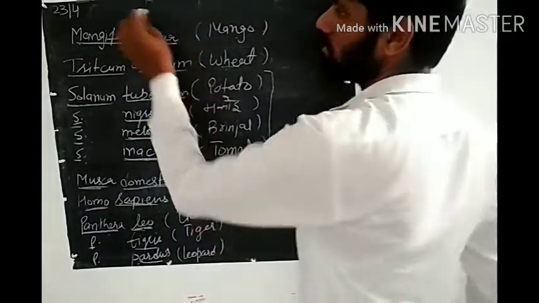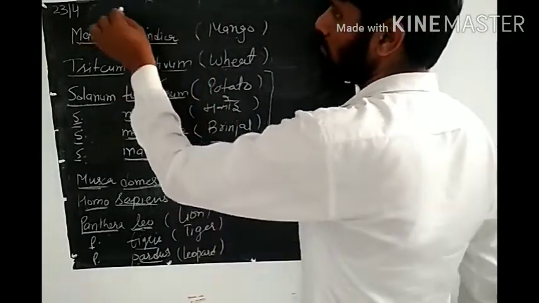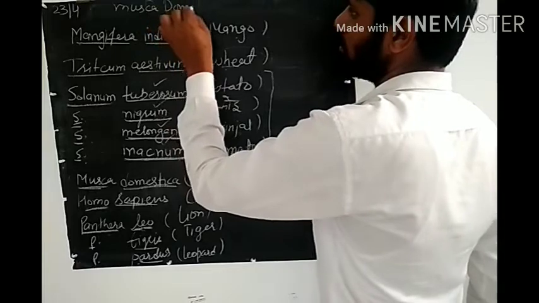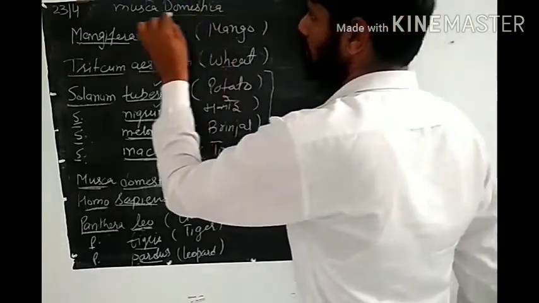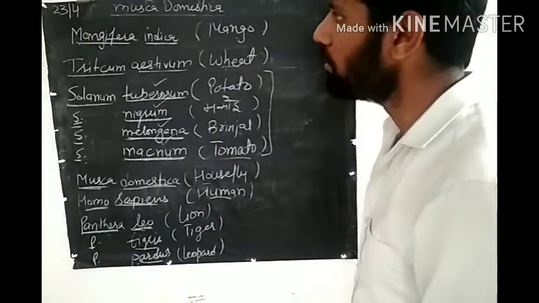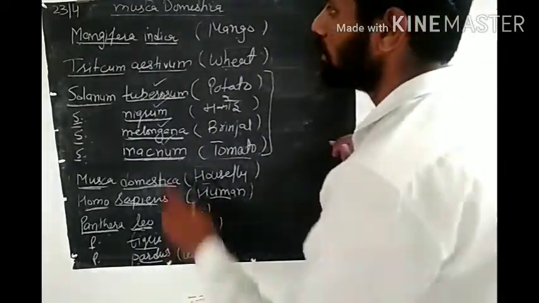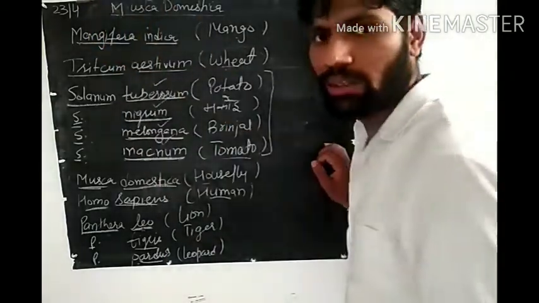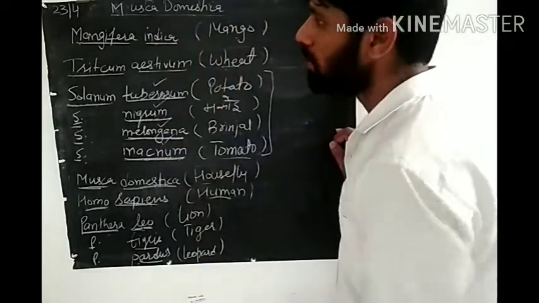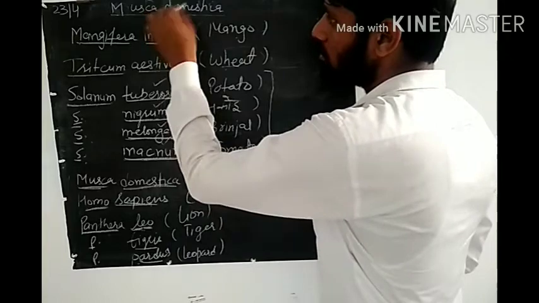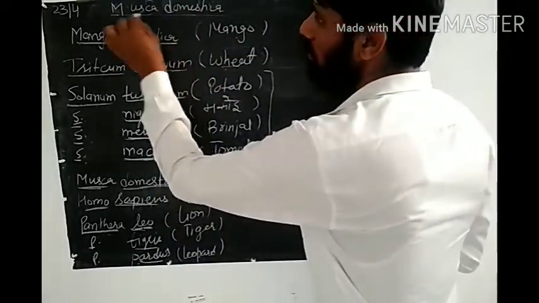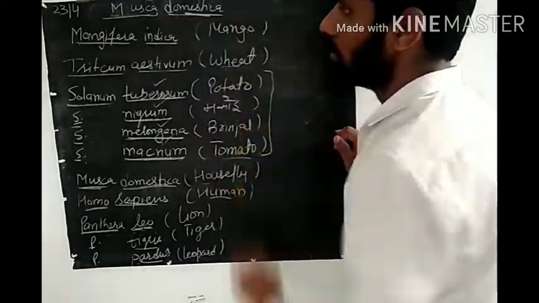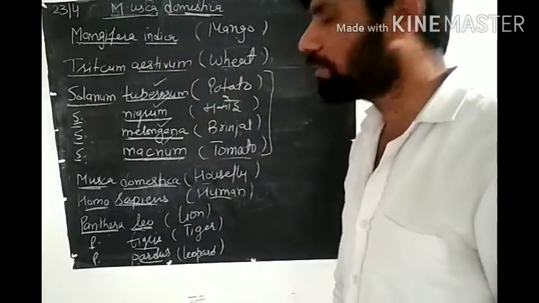So do one exercise. I am taking a problem here, I am writing Musca domestica. This is the name. You have to make it correct. So how will you correct this? First, this is the name of the genus, so it should be capital. So this M becomes capital. Then the first letter of the species should be small, so this D becomes small. And third rule, the names of the genus and species should be underlined separately. So this underline will be separate. This is how we can solve the problem.